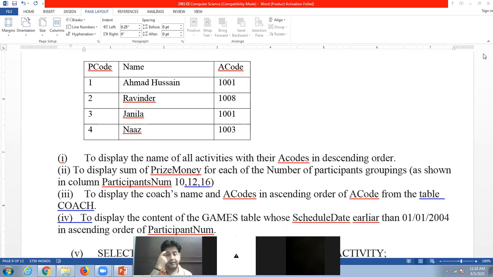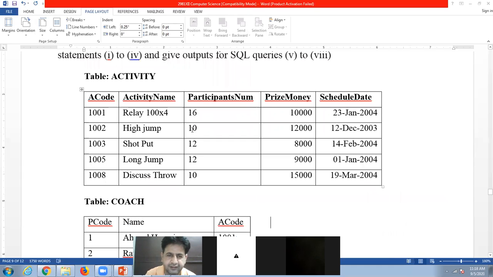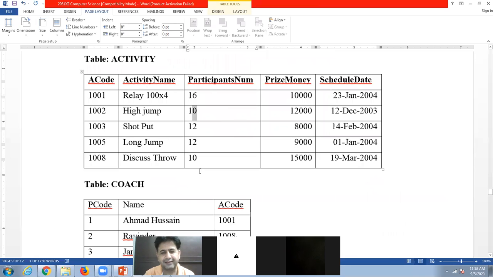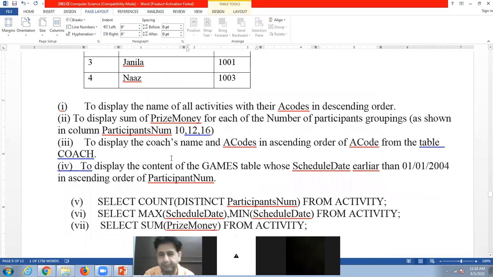Okay, students, in my table, I have participation numbers 10, 16, 12, 12, 10. They are saying to find the sum of prize money for each group, and that group is created on the basis of participants number. So here we will use the GROUP BY command.